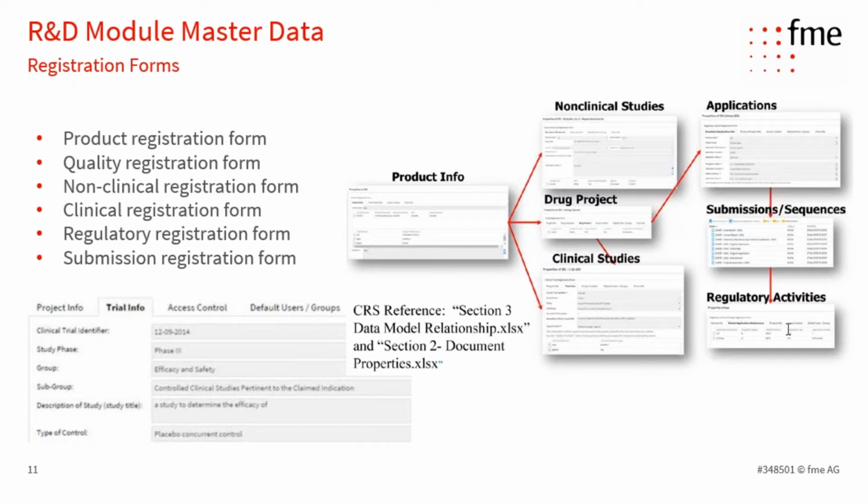And then once you have your regulatory application, that's typically where you register an application for or an approval in a particular region or geography. And then within that regulatory application, you have a variety of regulatory activity or submission sequences. So this is just a high level how you can manage all that master data and correlate that